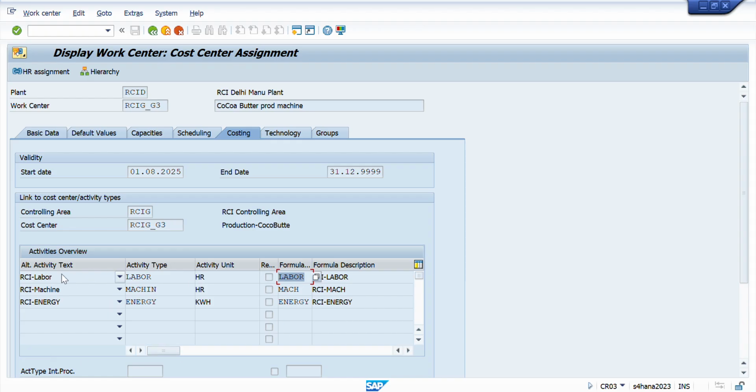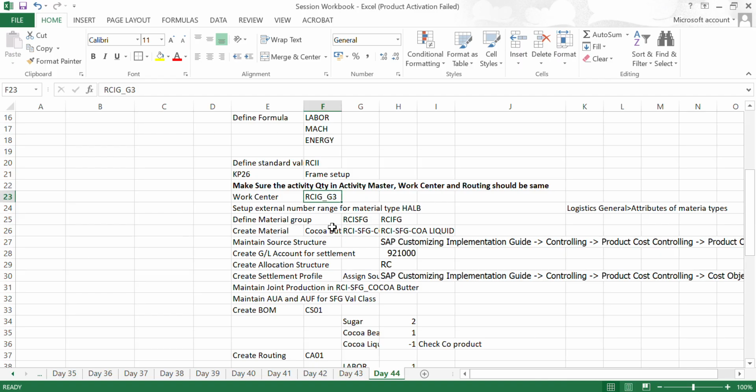We are linking the parameter with the formula, and we are also linking all those together with the activity types, and we are assigning the cost center over here along with the validity days that we have given. So this is the detail from the work center that we have. The designing of the work center is also part of the production planning consultant, not the cost accountant. But as you already aware, we do not have any production planning consultants, that's why we have to design it